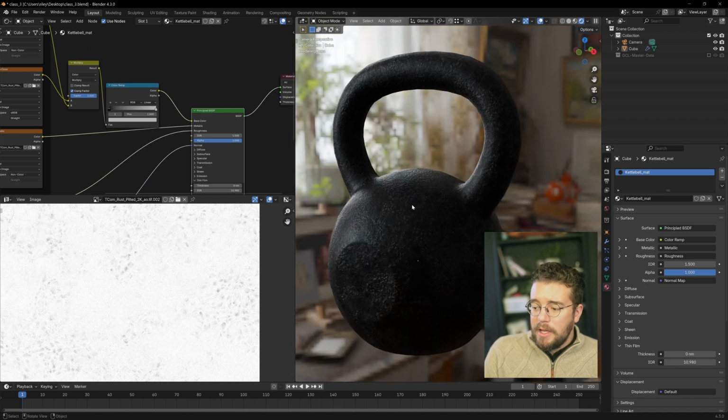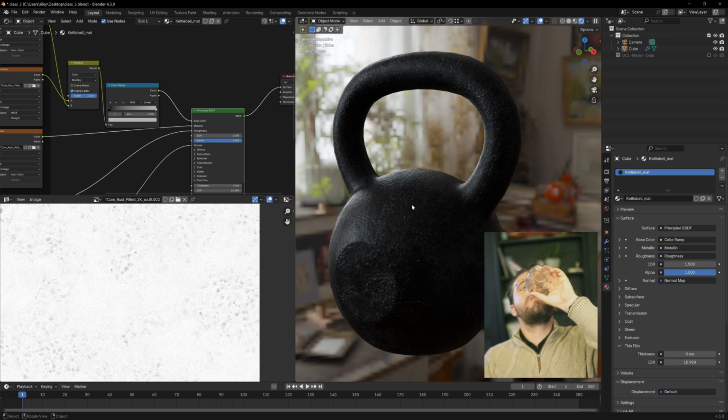So that's pretty good. We've gone over some basic procedural materials, very basic. Then we've gone over setting up existing maps from something like textures.com or Polyhaven. The last piece of the puzzle is getting that decal on here. Now, I do want to cover more advanced procedural texturing with you, but it's just not in the cards for this particular video. That's going to be something we'll cover in future videos, or you can go to